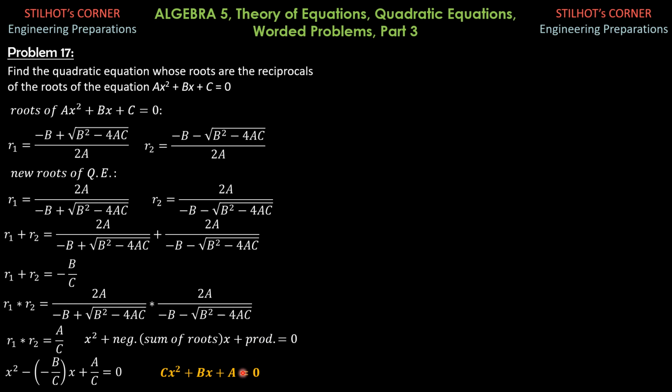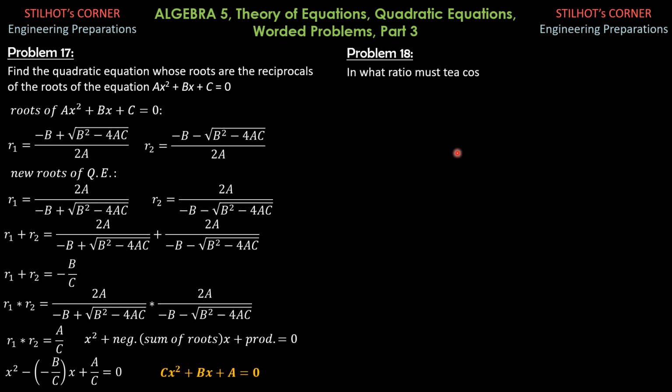So in other words, to easily recall this situation, we just interchange the coefficient of the second degree term of the original quadratic equation, a, with the constant c, so that the roots of this new quadratic equation would be the reciprocals of the roots of the original quadratic equation. So that's it for that problem. Problem 18,